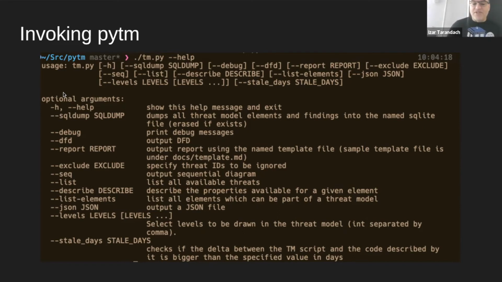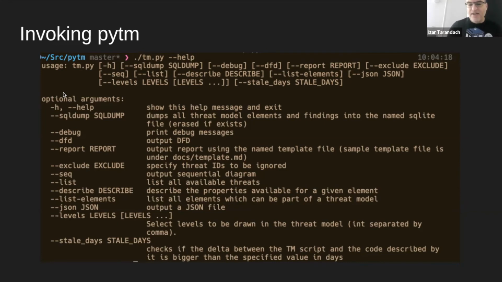Levels is an interesting one. If you think in terms of building a system and representing the infrastructure, representing the processes, then representing the business process on top of it, you could say that each one of them is a different level. And if you were to draw them together, you would either use different diagrams or you would overlap one diagram on top of the other, things, stencils. And the levels capability lets you tell each element to which levels it belongs, and then express diagrams containing only those specific levels.